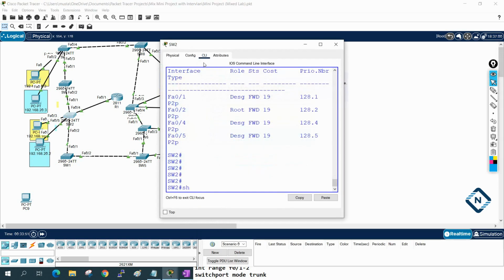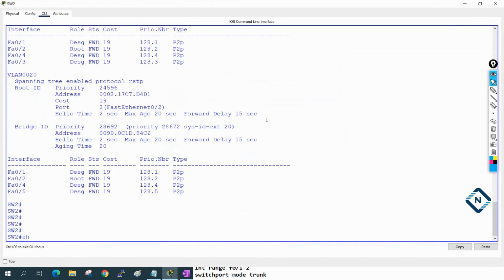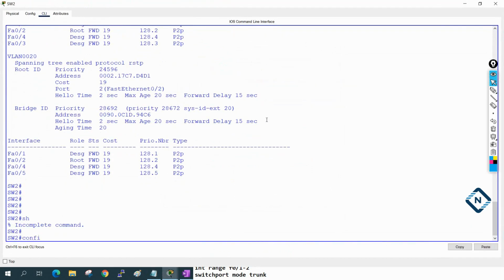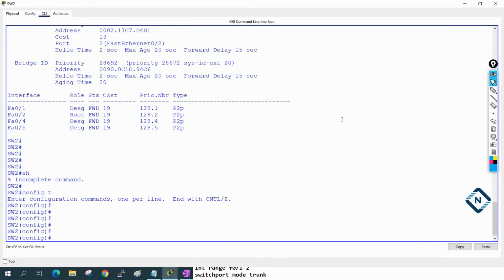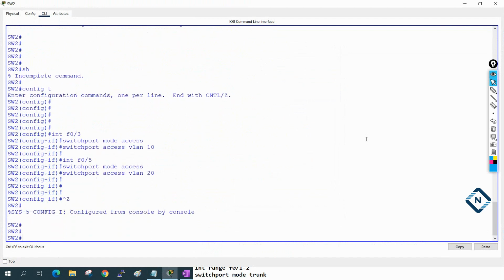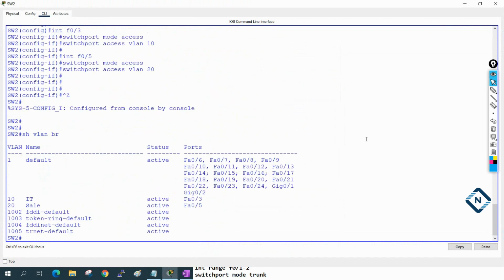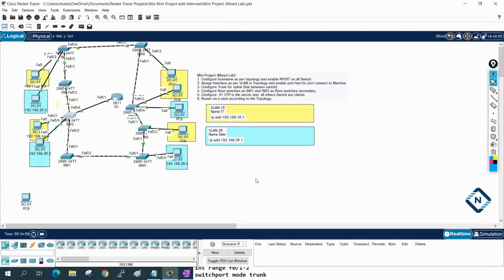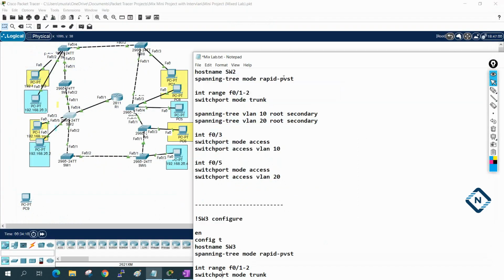Let's go here. Let me make it big. First of all, let me go into global configuration mode, then I will paste here. Now everything is okay, and now we will test. Show VLAN brief, we will test. Okay, so this one is VLAN 10 and VLAN 20. This is okay. Now we need to look at the other interface.